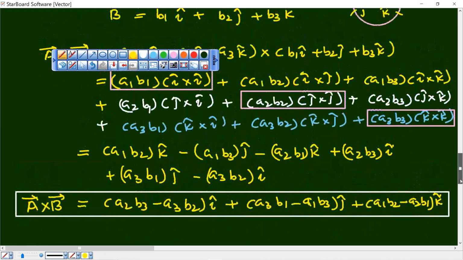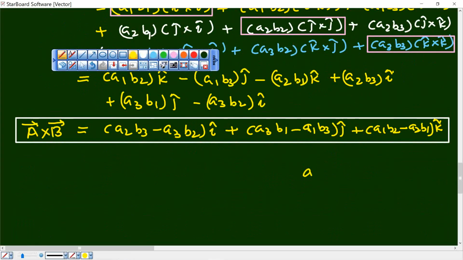So what is that cross product rule? We have a1, a2, a3 and b1, b2, b3. If you write this, you have seen this structure: this into this minus this into this. The rule of cross multiplication. So a1 b2 minus a2 b1, where is that gone? Here we have a1 b2 minus a2 b1, okay?